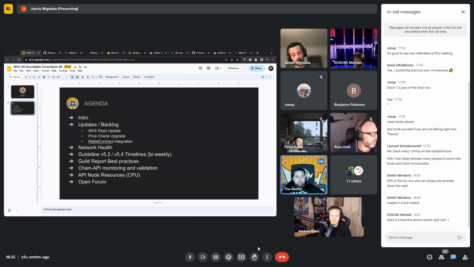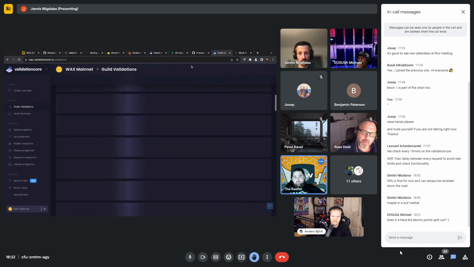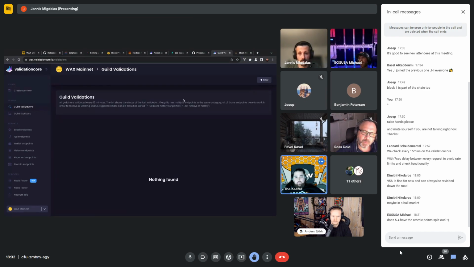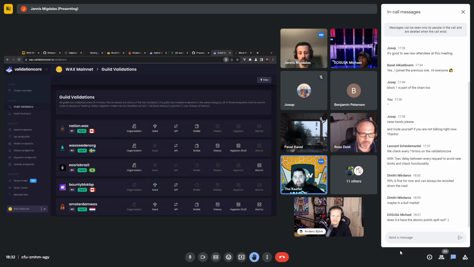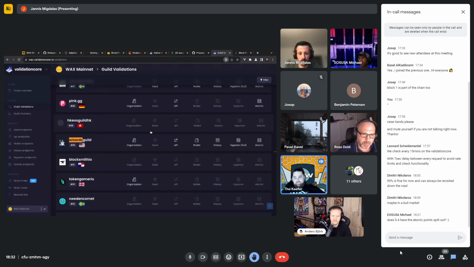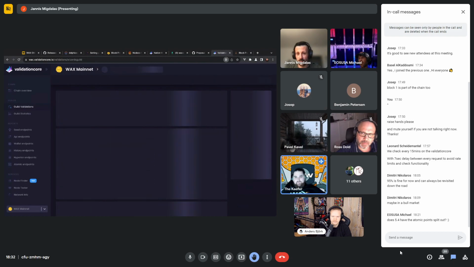The estimate was just that, so there's always a variation, and on some nodes the variation was bigger than on others. While we know that the API nodes are usually a little bit slower than the producer nodes and also have more load than the producer nodes, we had variation of up to 4 times the estimated CPU load than what was actually needed. Anders, I see you are raising your hand, so I'll let you talk in a second.